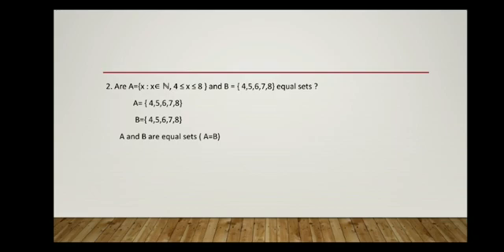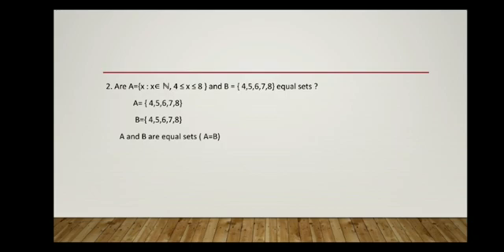Next we saw what is cardinal number. Cardinal number of a set means the number of elements in a set. The cardinal number of set A is denoted by n(A). Then we saw what are equivalent sets. Two sets A and B are said to be equivalent if they have the same cardinal number. If two sets A and B are having the same number of elements, then those two sets are called equivalent sets.